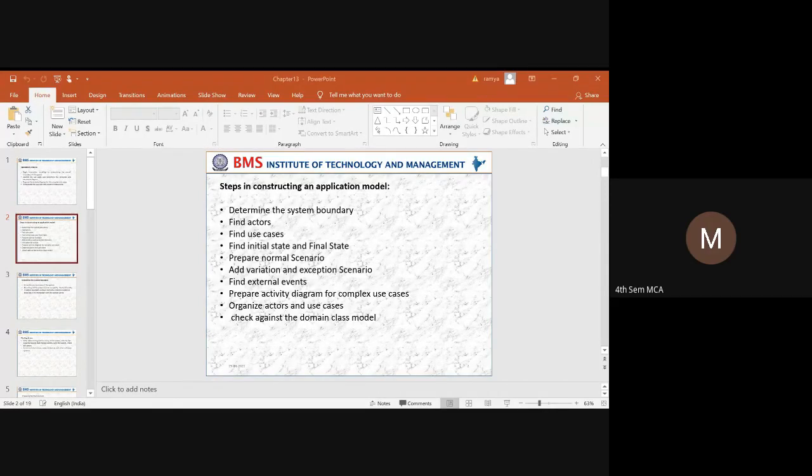So when we are trying to utilize the advanced concepts of use cases, then what happens? Our application will become a complex task. So when the system is represented as a complex process or a complex system, what happens? The end stakeholder or end user may not be able to understand how the system is going to work.